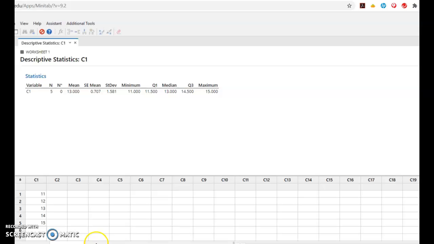Hey, Jenna. Figured out where it is we need to go to change the decimal places in the Minitab output